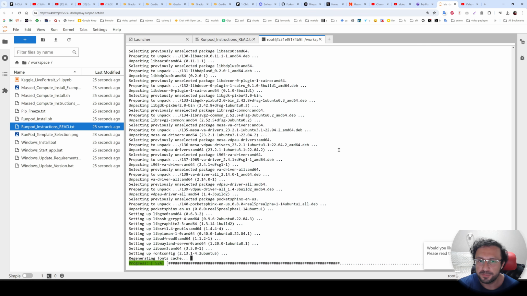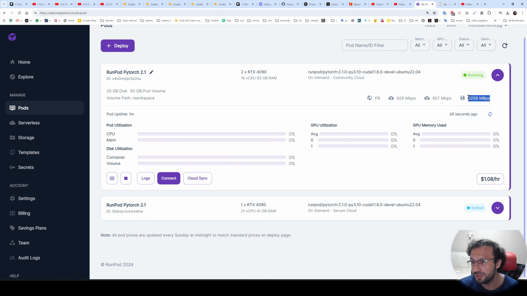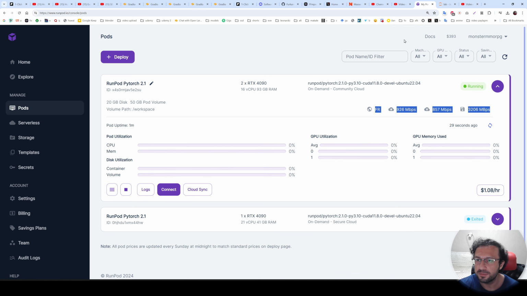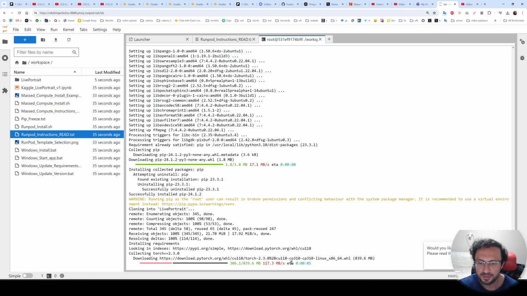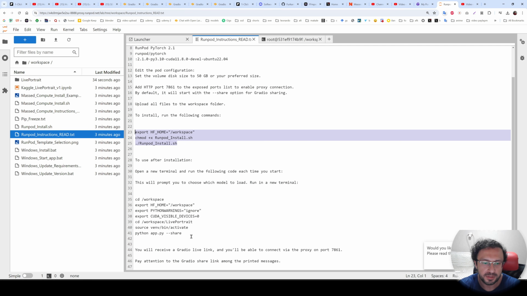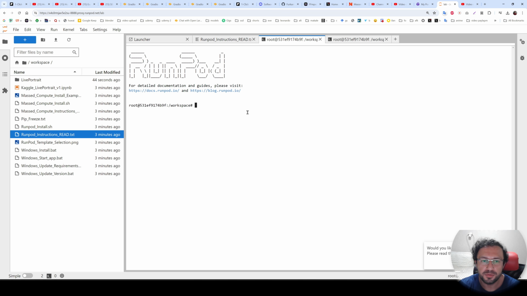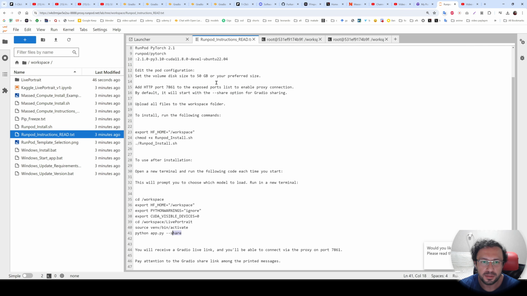The download will be pretty fast based on the machine you got, and this machine has decent hardware, so it should be really fast. Okay, let's see. And the internet speed is also very good. Okay, so the installation has been completed. It was pretty fast. Return back to the RunPod instructions txt file. This will start with the first GPU. Just copy this. It is also going to start with the share option, so we will have a Gradio Live share. Paste it and it will start.